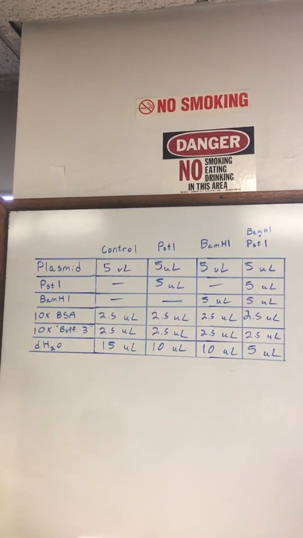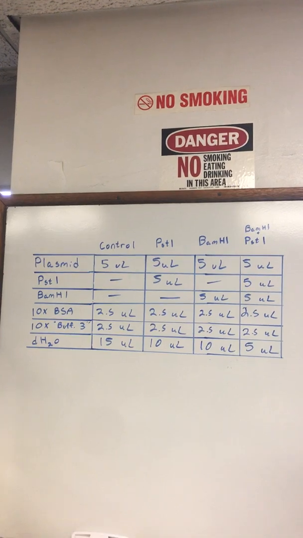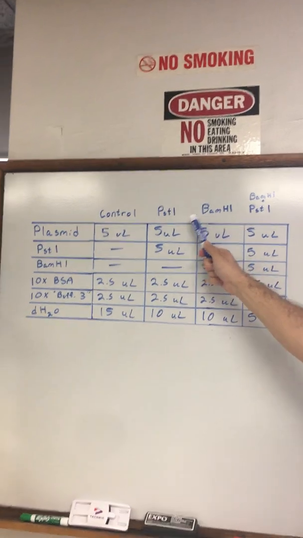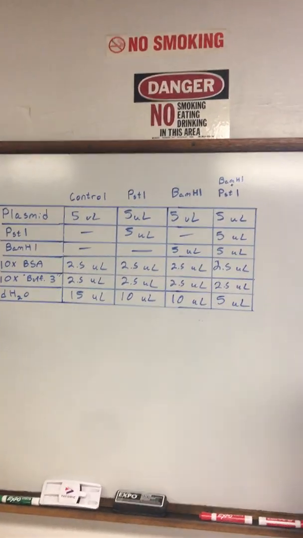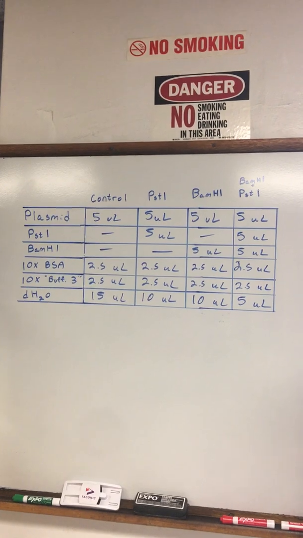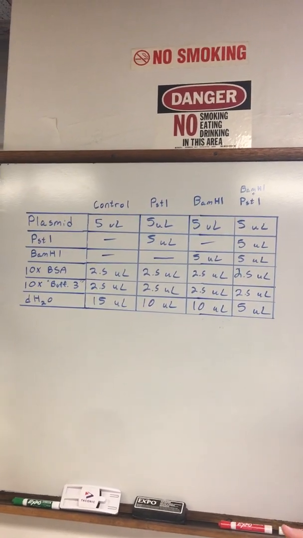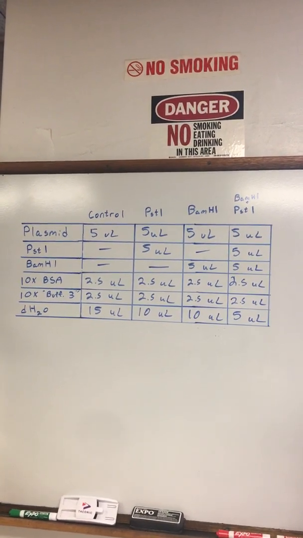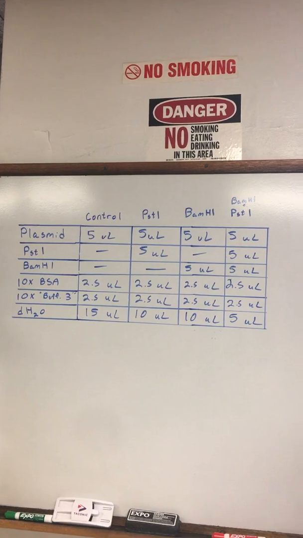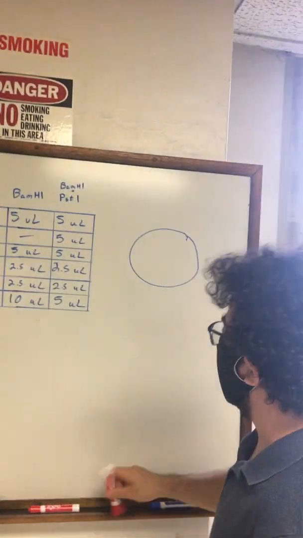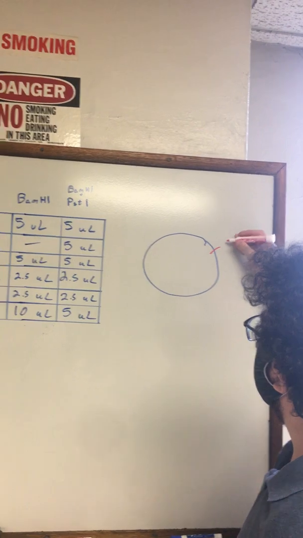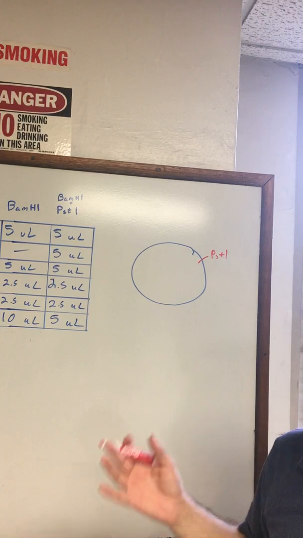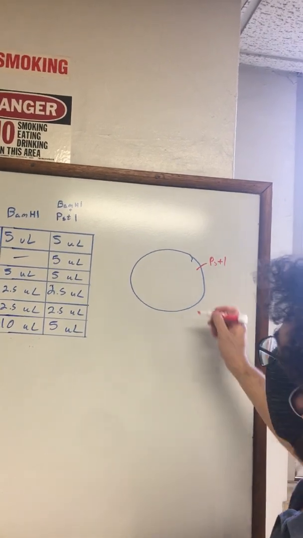Each of those two plasmids can be digested using the two restriction enzymes PstI and BamHI. Both of these enzymes will recognize different genomic sequences, and they will cut that specific sequence. So in our plasmid, we know that there is one cut site for PstI and one cut site for BamHI. So if we have our plasmid like that, we have one cut site where PstI will recognize, and these are just general locations, they are likely not accurate, PstI